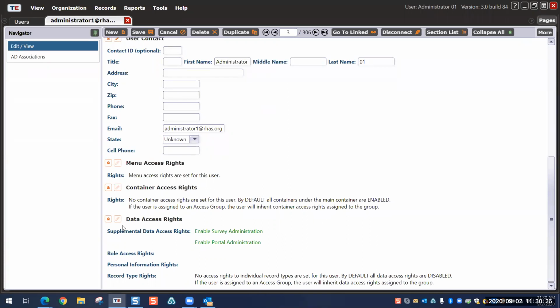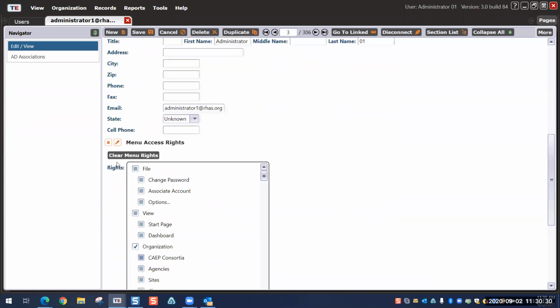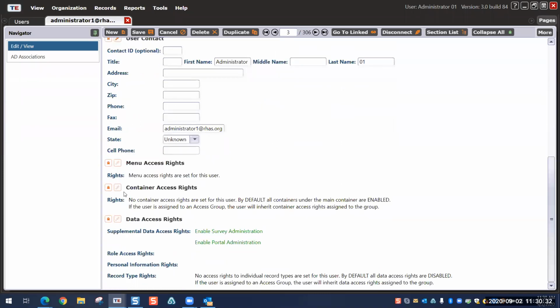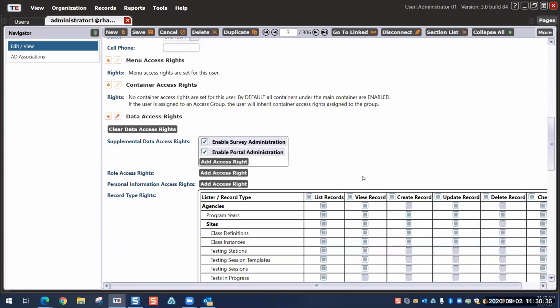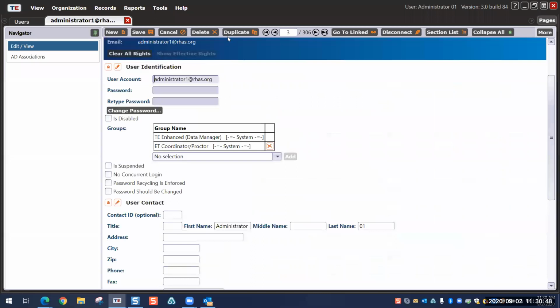And we're going to go ahead and visit that next. But this right here should be left alone, because the user will be getting this type of access based on the group that they are selecting. So notice that there are these boxes, which basically means that these access levels are coming from the group rather than the individual. All right. So doing that, we're going to go ahead and cancel for that page,